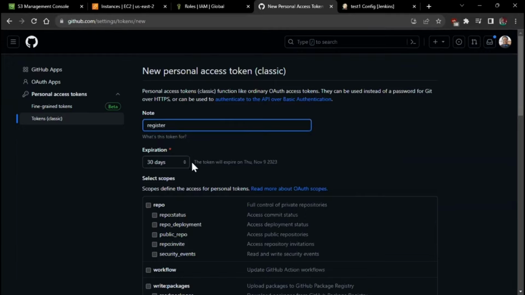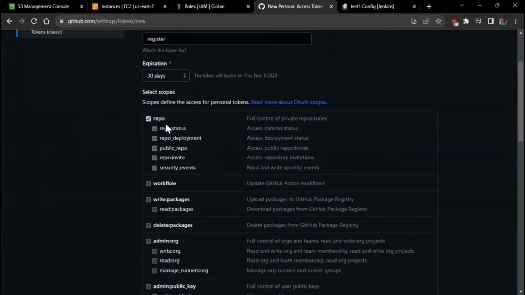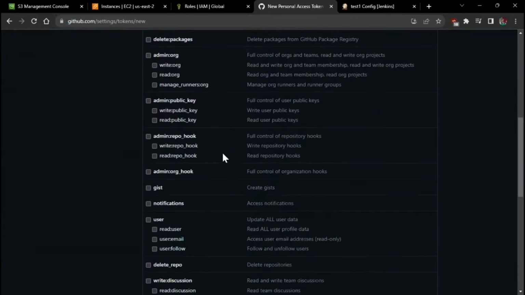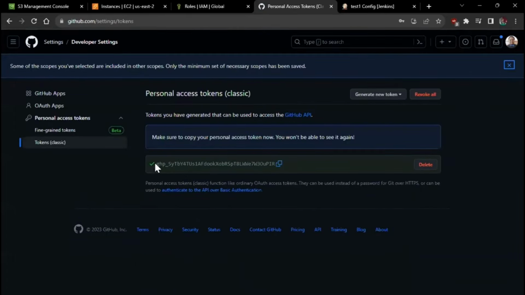30 days if you want. You can choose whatever you want from here, depending on what you want. So I'm just going to give it this token a repo scope just to be able to clone repositories. And that's all I needed to do. So I'll generate the token. It's right here. At this point, you need to copy this token because you won't be able to see it